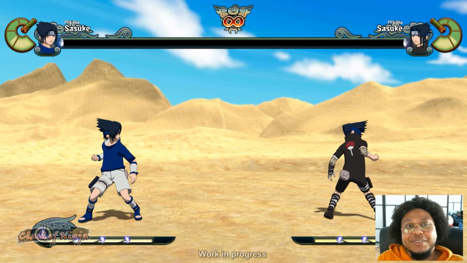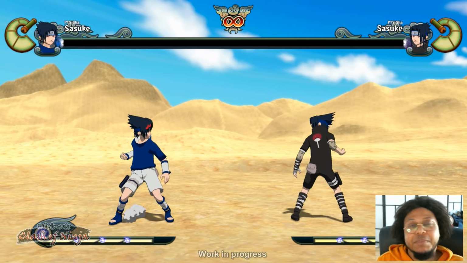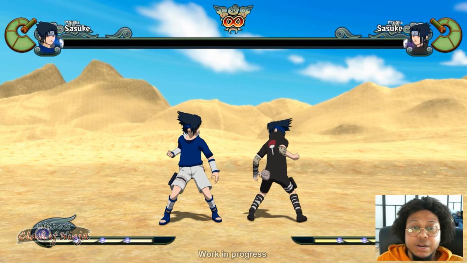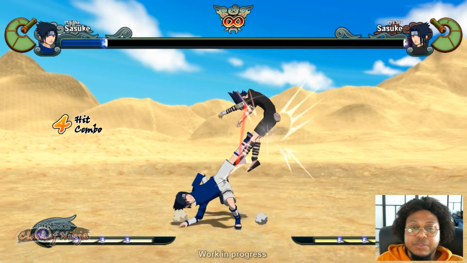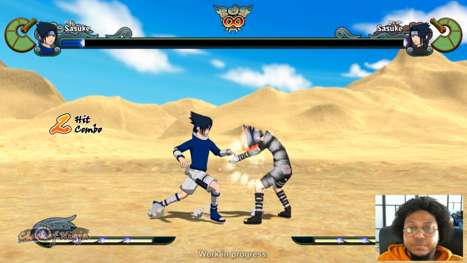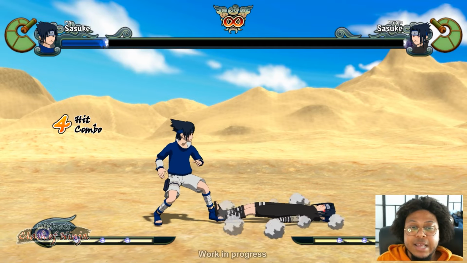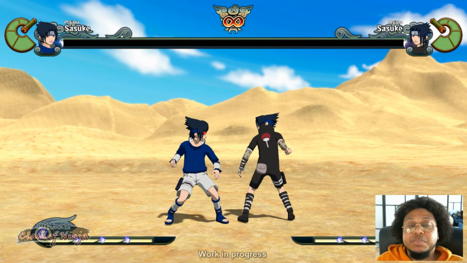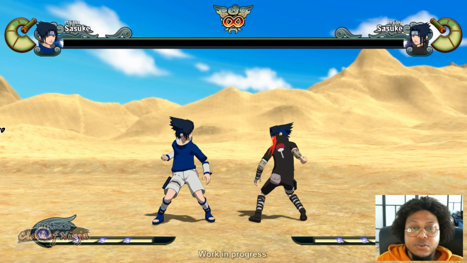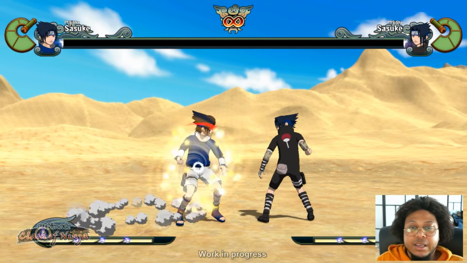So let's dive into his moveset. I'll start off with the B combos first. His neutral B does change in Sharingan mode, specifically on the 4th hit. This is what it looks like normally on the 4th hit. It's usually a kick like that. But now he does Lee's primary lotus kick. So that's the 4th hit now. And the full combo is...